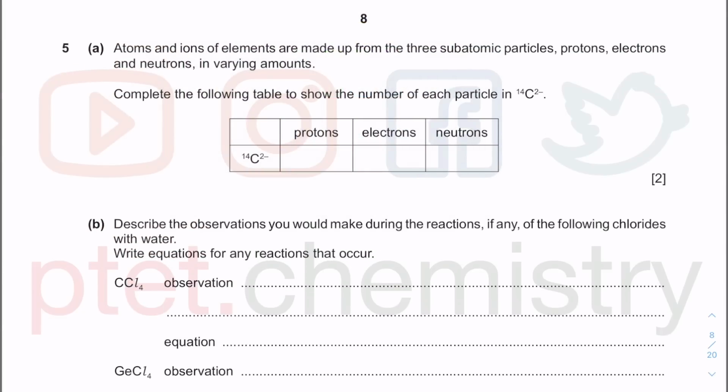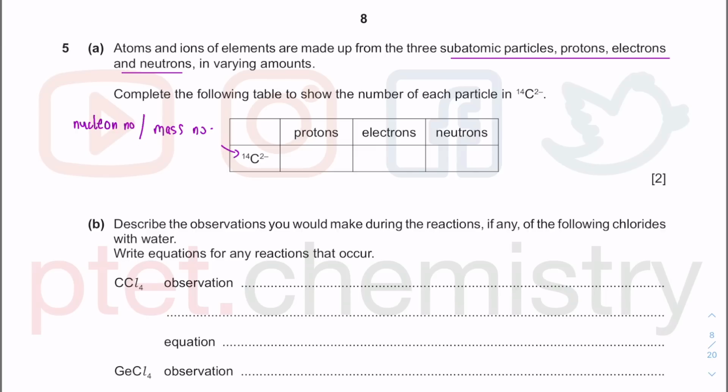In this question number 5, we have atoms and ions, and we are talking about 3 subatomic particles: protons, electrons, and neutrons. And if we have this number on top, that is called the mass number. That is also known as the nucleon number. It's to do with the number of protons plus the number of neutrons in the nucleus of